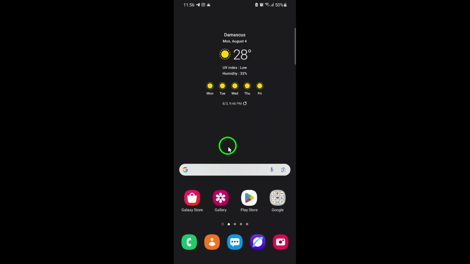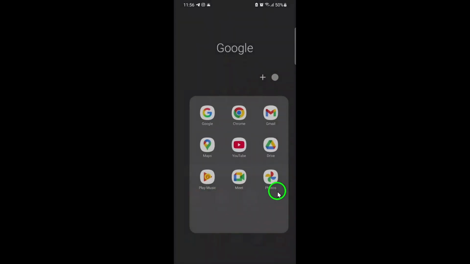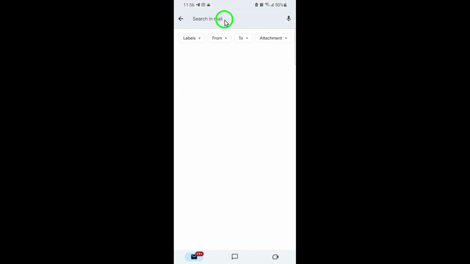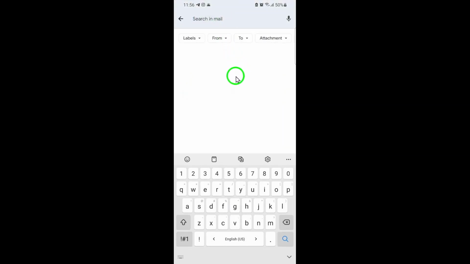Let's dive in. First, open the Gmail app on your phone. It doesn't matter if you're using Android or iOS. The steps are nearly identical. Once you're in, look at the very top of your screen and tap the search field. This is the space where you usually type keywords to look for emails, but there's a smarter way to do